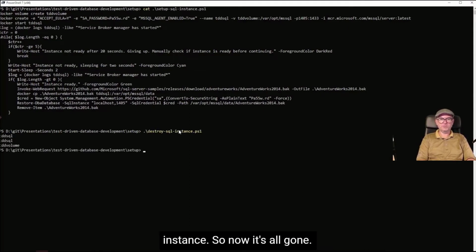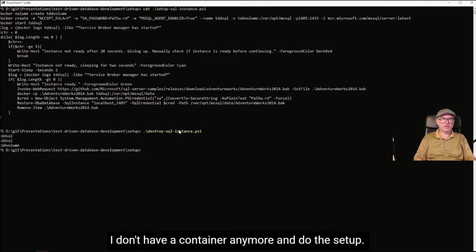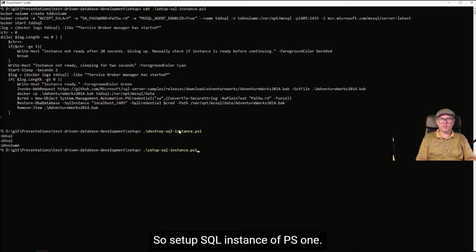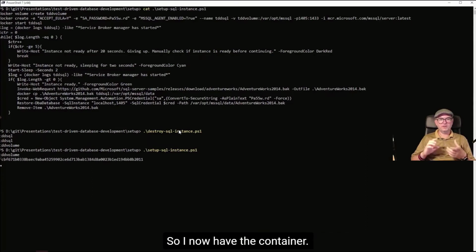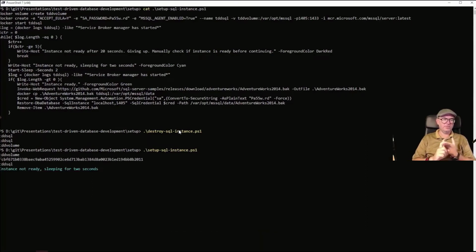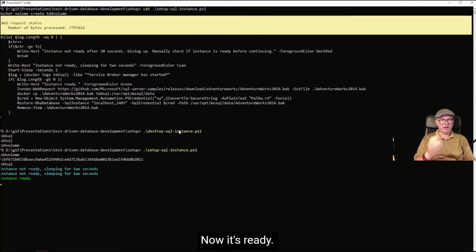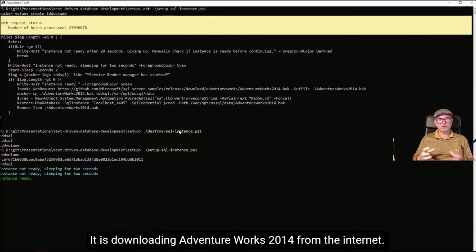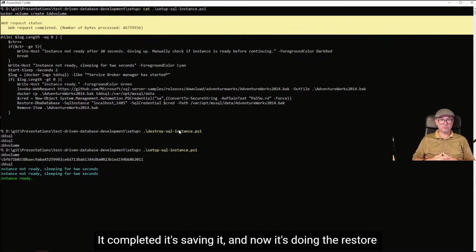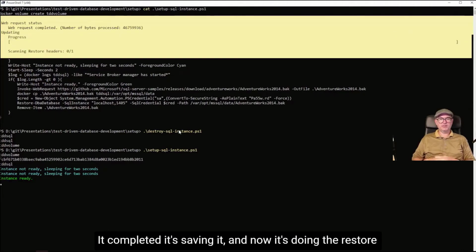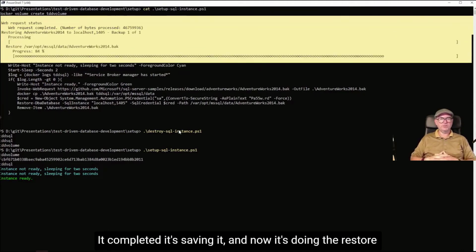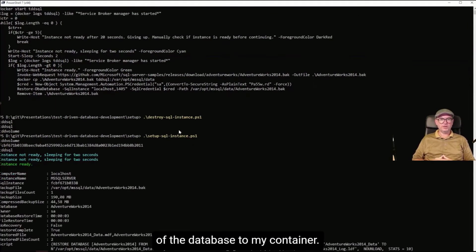So I'm first going to destroy the container, destroy SQL instance. So now it's all gone. I don't have a container anymore. And do the setup. So setup SQL instance.ps1, that's the script you see on screen. So I now have the container. The loop is looking at the log to see that it's ready. Now it's ready. It is downloading AdventureWorks 2014 from the internet. It's completed. It's saving it, and now it's doing the restore of the database to my container,